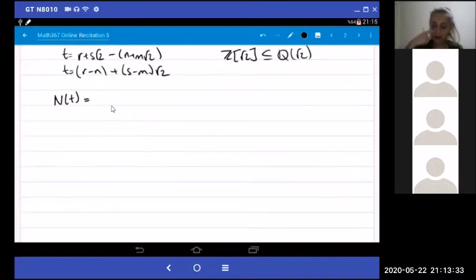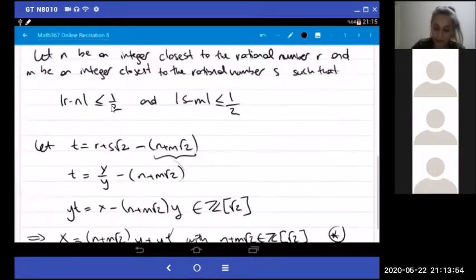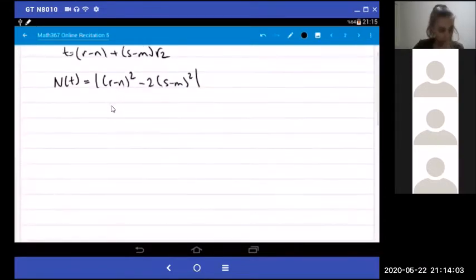This is just the inclusion, so you can use this function inside this one also. So this is nothing but the absolute value of (r minus n) squared minus 2 times (s minus m) squared. And we have chosen these n and m such that the absolute value of r minus n is less than or equal to 1 over 2, and s minus m is less than or equal to 1 over 2. Okay, so this is